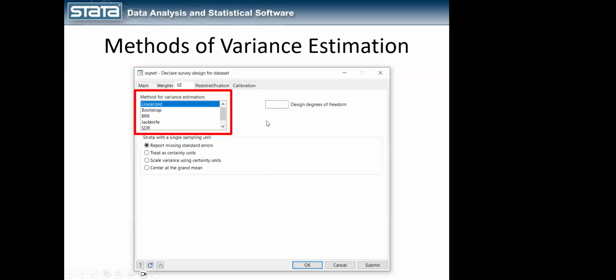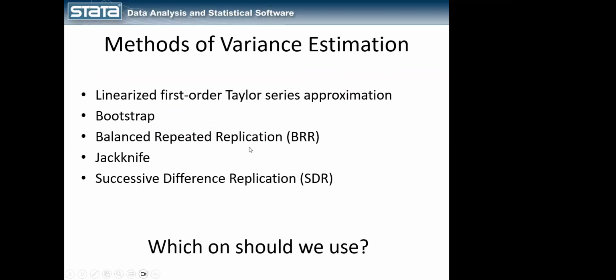Okay, so variance estimation. If you click on the SE tab in the svyset dialog box, there are lots of different weird words or letters like linearized, bootstrap, BRR, jackknife, SDR. We don't have time to go through and define each of these because some of these are more like algorithms than formulas. So they stand for linearized first order Taylor series approximation or bootstrapping, jackknifing, balanced repeated replication or BRR, or successive difference replication or SDR. So, how do we know which one of these to use and which one is optimal